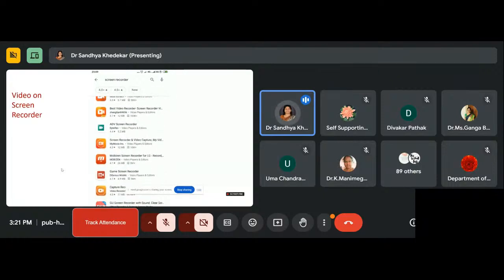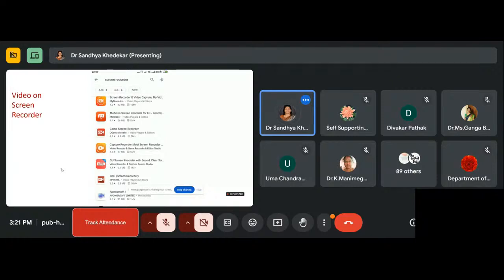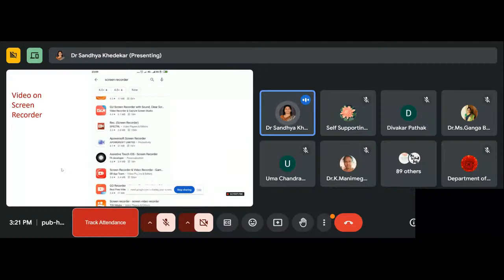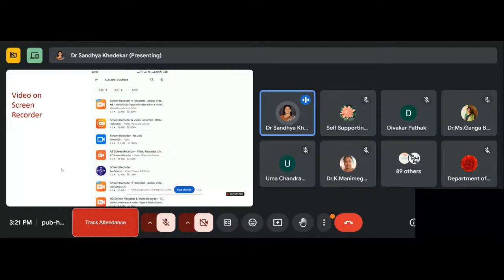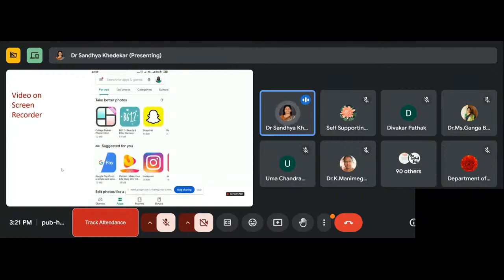So those participants who are thinking that I want to record my lecture as a teacher and I don't have many gadgets with me, so what to do? What you can do, just open your mobile, go in the Play Store of your mobile, and these kinds of applications are available. You can record your screen. Just as I'm recording my screen, you can record your screen and you can work on it and you can save all your videos and you can edit them with some applications also. So there are very good editors available.